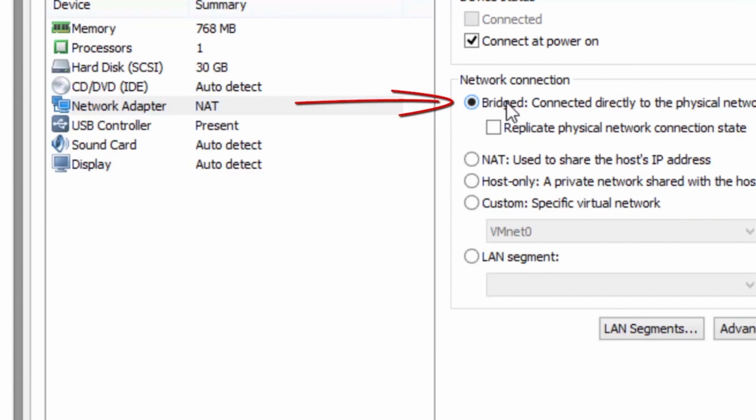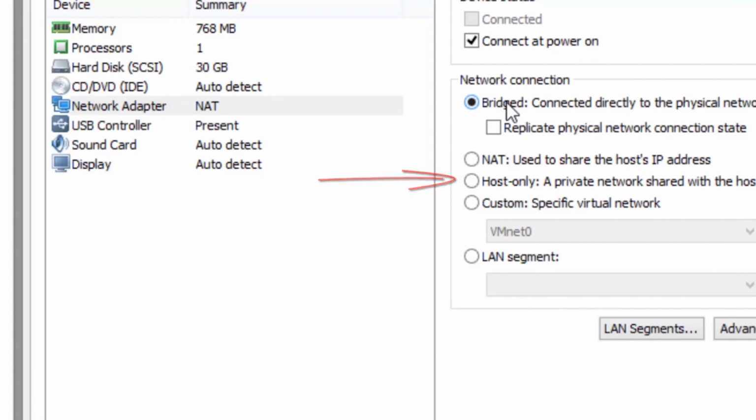Bridged can help you with, for example, reverse shells, which need a real IP to connect back and give access to the penetration tester to the machine being tested. Bridged is the way to go, because if you use NAT, when the victim machine is trying to connect back to you, they won't be able to reach you because you are behind a gateway. Keep in mind that, you will need other setup configuration, which is difficult. So just keep in mind, bridged is like you are in the network with your own IP. NAT is you are behind a gateway, and host only, you have no connection to other